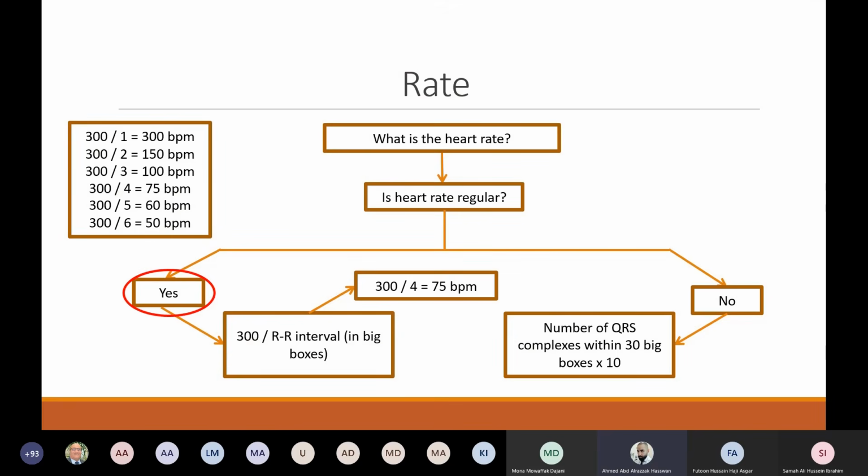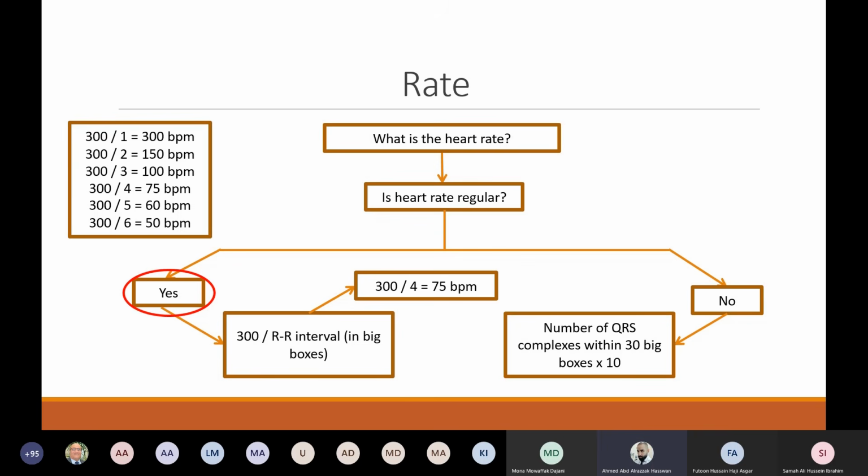So let's apply our rule again. Is the heart rate regular? The answer is yes. Then we apply the rule 300, which is the number of boxes in 1 minute. This is 300 over 4. This is 75 beats per minute. And I will leave for you a quick mnemonic. If it's 1 box, then this is 300, 2 boxes, 150, 3 boxes, 100. It's just a simple mathematical operation, or you can just memorize these numbers